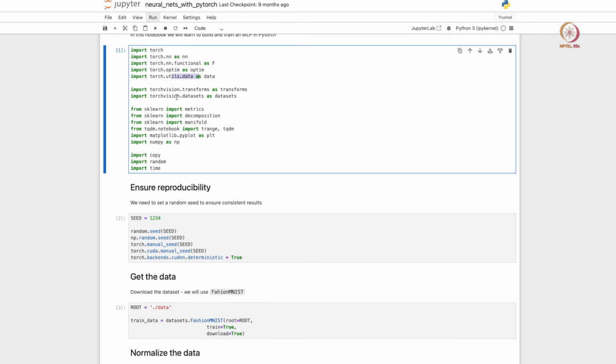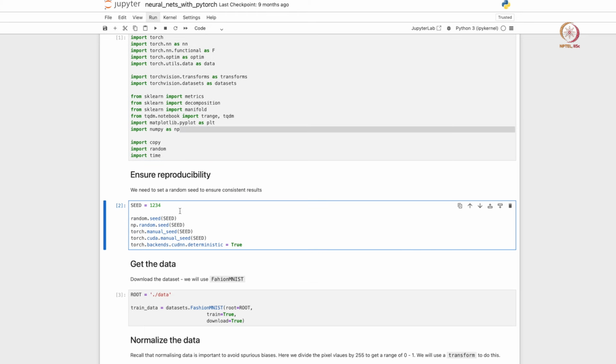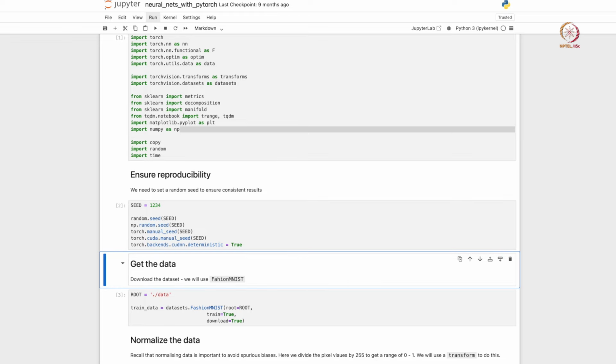So utils.data, and then Torch Vision is another package that is related to PyTorch. It's useful for downloading or getting access to some transformations in our data set that we would need, some visualization exercises. It also has a collection of useful data sets, right. So we will also use this Torch Vision package, and then a few things from scikit-learn, right. And then matplotlib of course, and a few other useful packages, right. So the first thing we will do is we will create a random seed to ensure reproducibility, and use the same random seed everywhere.